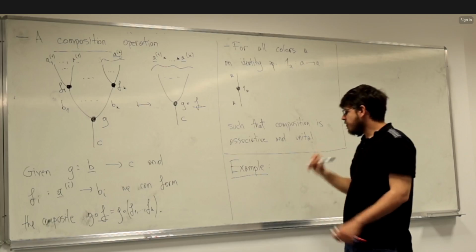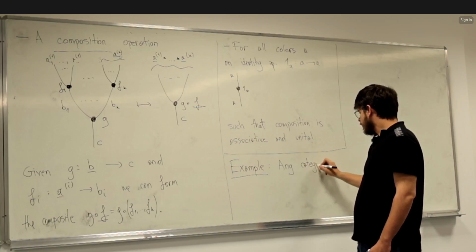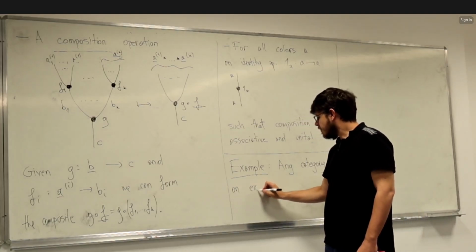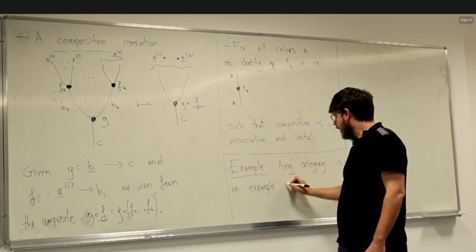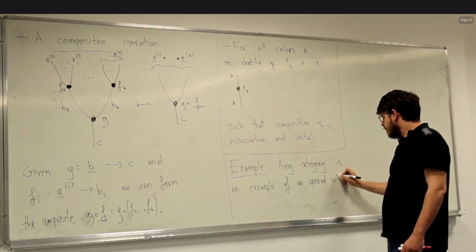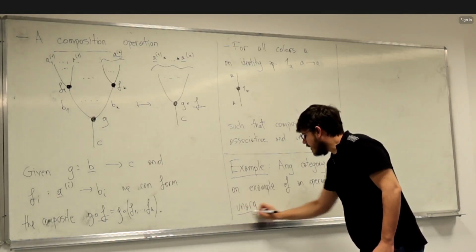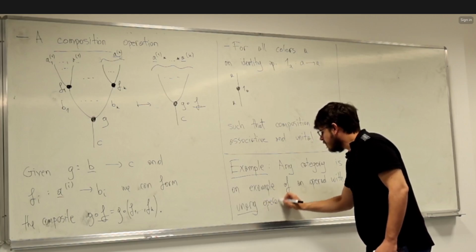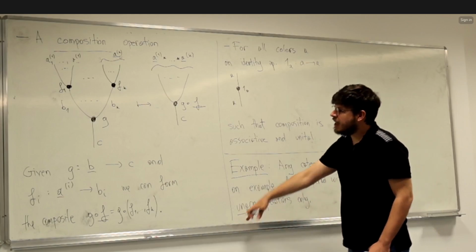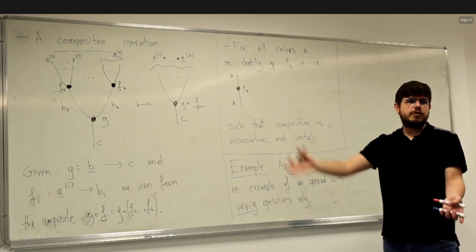So let me put down the first example. Any category is an example of an operad with unary operations only. What I mean by unary is that we have a single input and a single output all the time. So you can make any category into an operad. In fact,